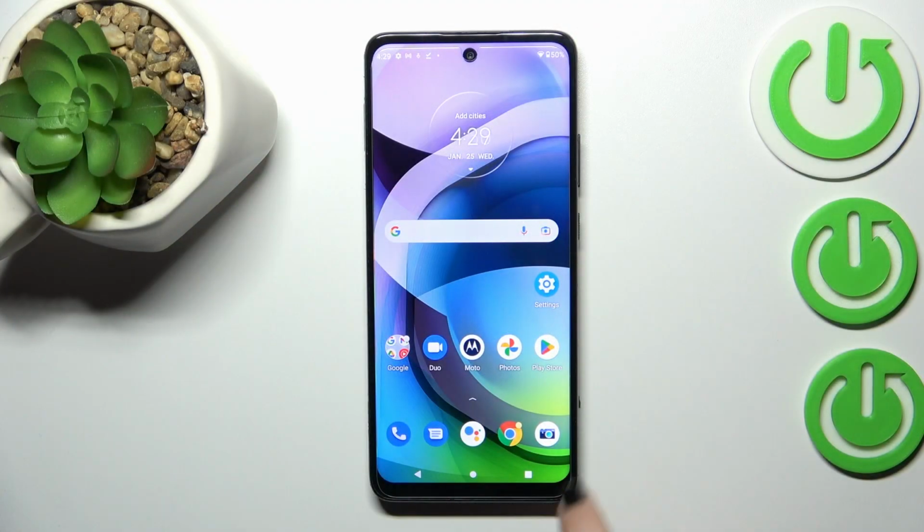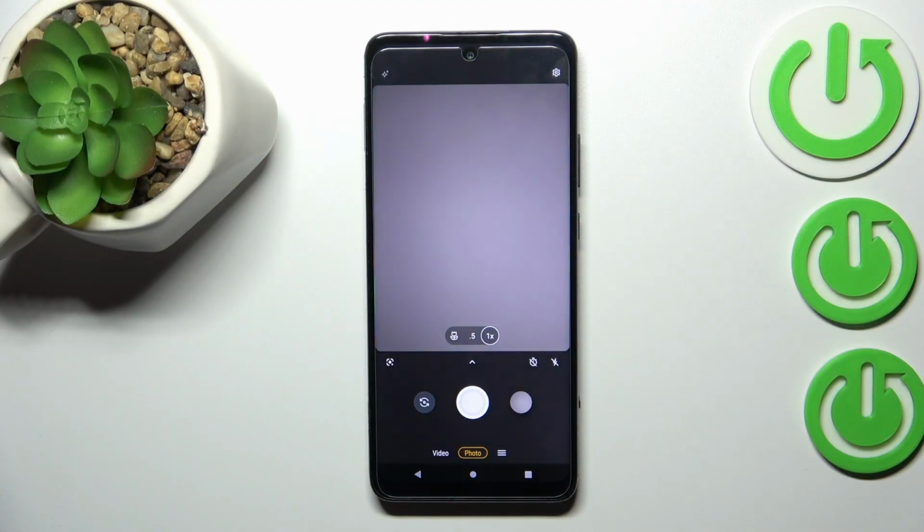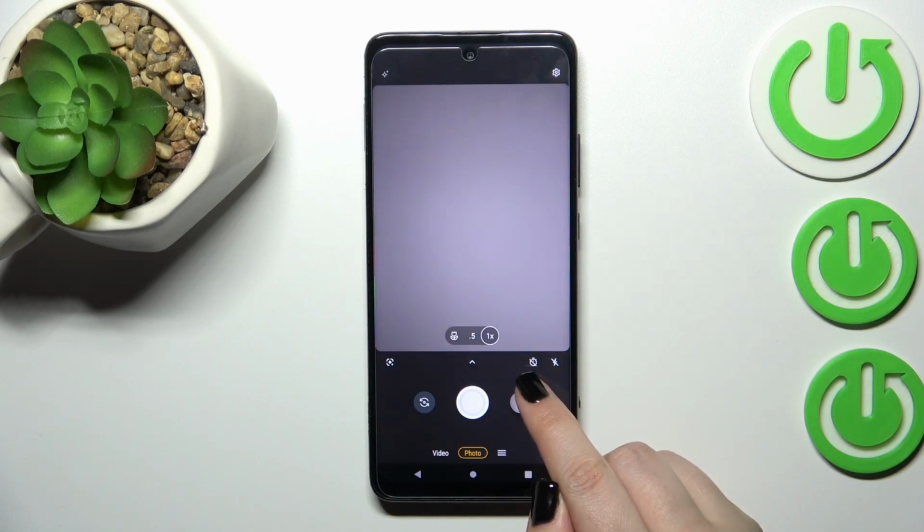So first of all we have to open the camera app, so let's tap on it and make sure that you're on the photo mode. Since it is highlighted in this yellowish color or orangish color even, then you can be sure that you're on the photo mode. So now we can unroll the options, or as you can see we've got the timer here,